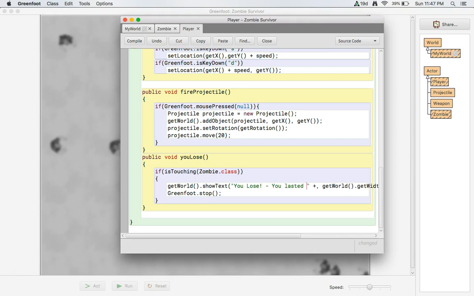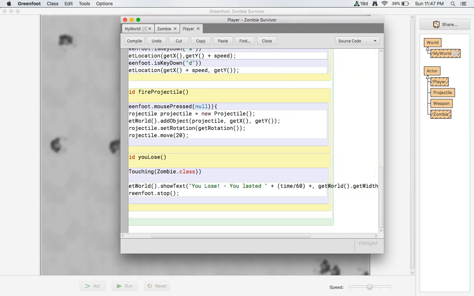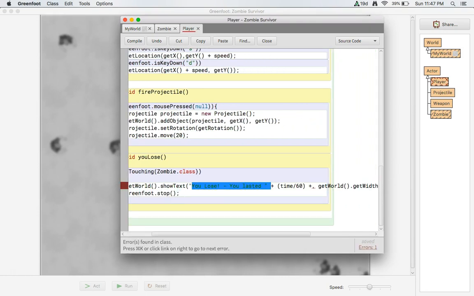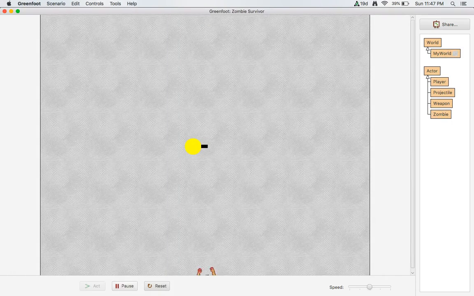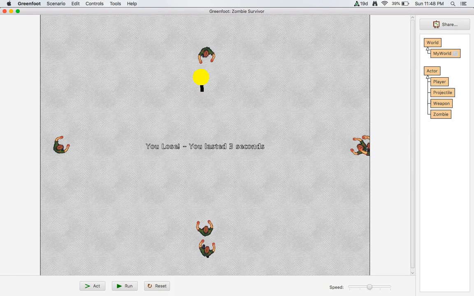You lasted time divided by 60, since we're doing that many frames per second. And then we do these pluses, and it's called concatenating. And so we're changing this integer value into a string value. So we're going to seconds. Okay. So now, how long did I last? You lose. You lasted 3 seconds. Okay. So now that you have that, and you have a way you can lose,